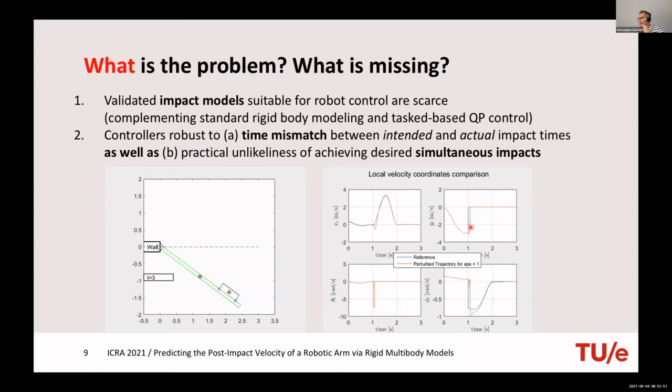Here you see with the laser pointer these are the two jumps I'm talking about. You first impact with one corner, then you impact with the second corner. When the second impact has occurred, you are close again to your reference trajectory. But before, you have a strange kind of behavior. Think about the angular velocity of the box. If you just hit with one corner, then suddenly the velocity of the box becomes really high. So what should you do with feedback here? Simultaneous impacts are something different from the single impact.